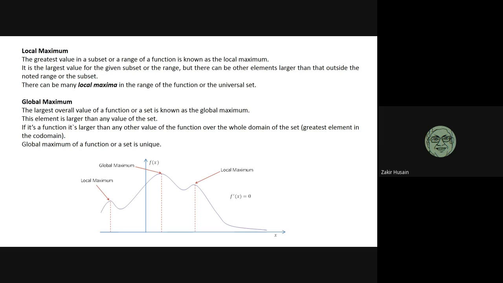Okay. So if you take a range like this, for instance, I have a local maximum over here. But if I take a range over here, the maximum will be different. If I take a range like this, a point like this will be the maximum. So depending upon which subset of the function I'm taking, what range I'm taking, my local maximum will change.